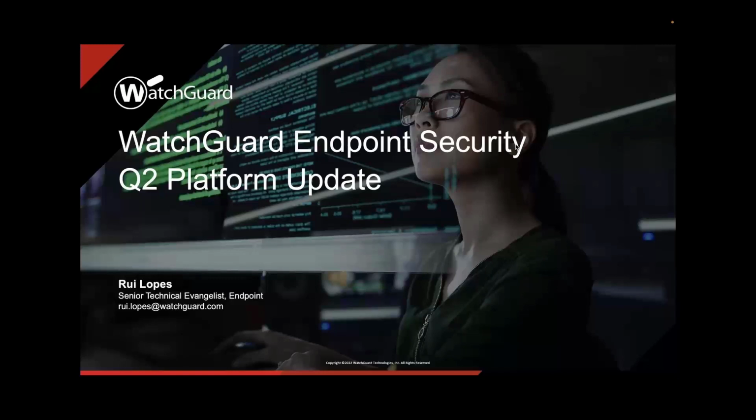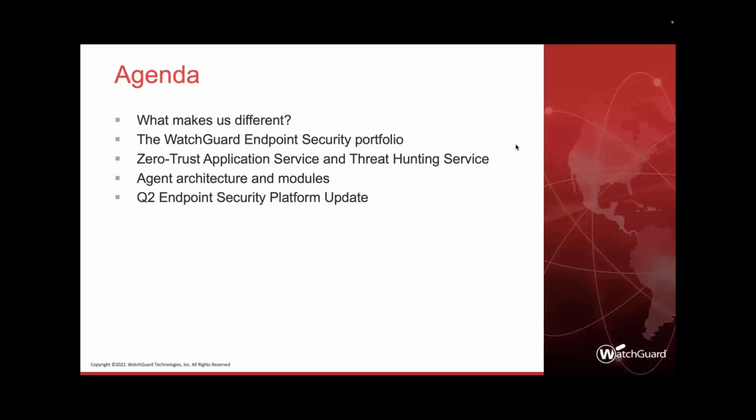We're going to revisit the WatchGuard portfolio for a second, focus on our differentiation, and talk about the two core services that power our approach to endpoint security, and specifically our endpoint detection and response offer. We're going to talk a bit about the agent architecture review, the modules that are available, and the extensibility of being able to add additional functionality to the agent and to the core of the next generation antivirus or the endpoint detection response engines, or the combination that is our star product of antivirus and endpoint